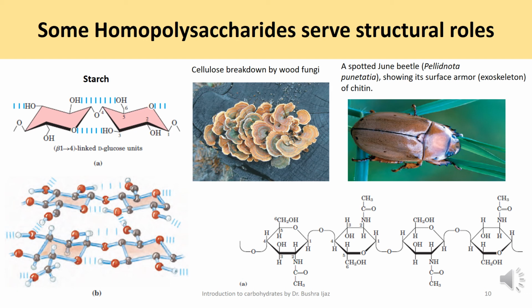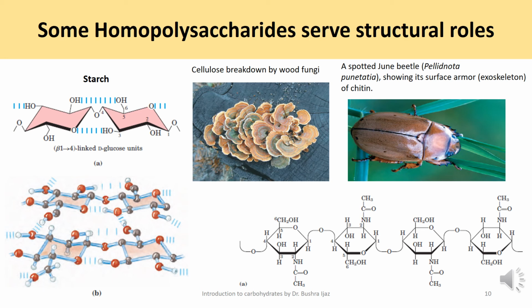Glycogen and starch ingested in the diet are hydrolyzed by the enzyme amylase, which is present in the saliva and in the intestinal tract as well. Now, the secretions that break the alpha 1,4 glycosidic bond between the glucose units are also present within our gut. Most animals cannot use cellulose as a fuel or source of energy. They cannot digest it because they lack the enzyme to hydrolyze the beta 1,4 linkage.